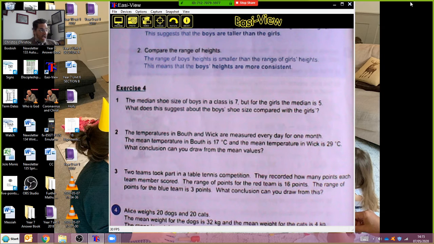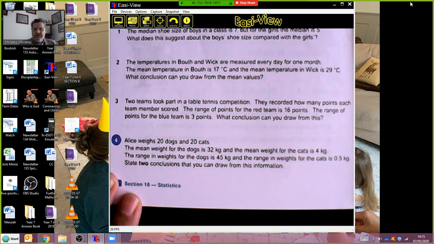I want to go straight on to question 4, and that will be it in terms of my personal guidance for you. Then you just go and do a whole load of questions at home and be brilliant. So that's that. Let's take a look. Look at this one. This is the dogs and cats question. Look at the mass of the dog on average. Look at the mass of the cat on average. What do you notice?